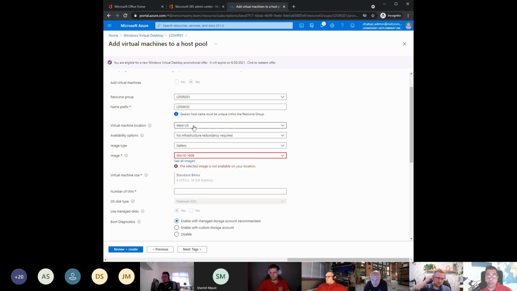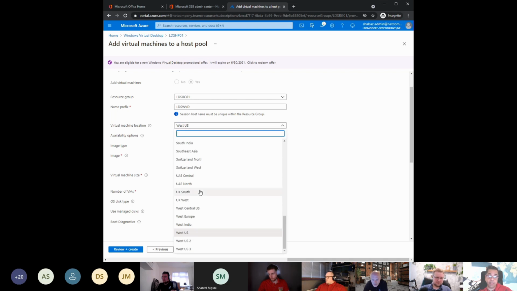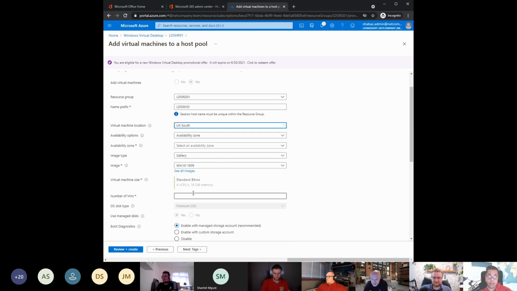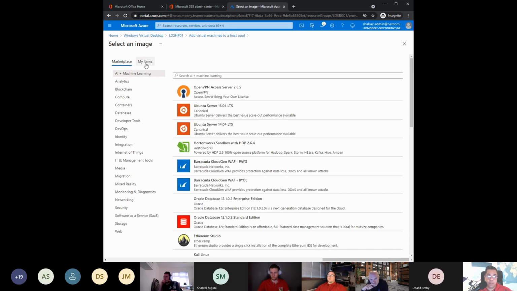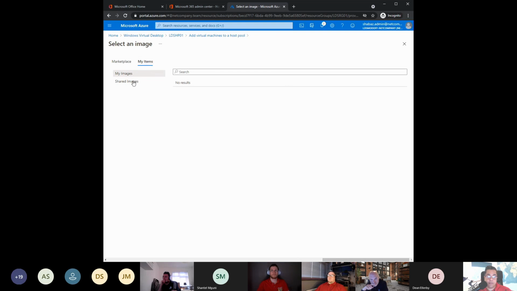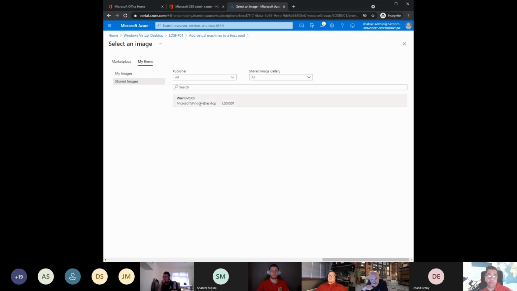Your virtual machine location is where we need to choose depending on where you are. I'm in the UK, so I want to keep my infrastructure in the UK. And this is essentially where we would go to our specific image. If we go to see all images, my items, my shared image, I would have my main image here.